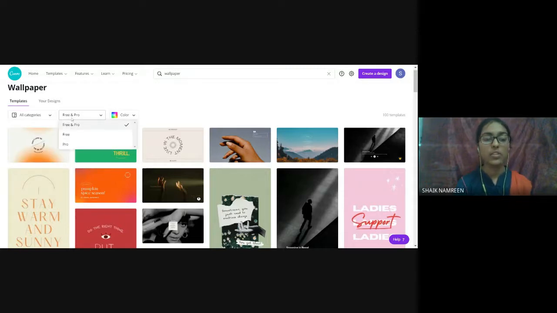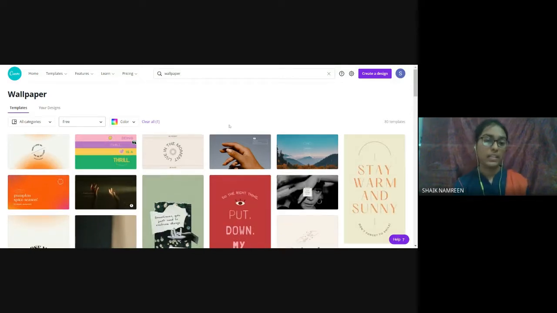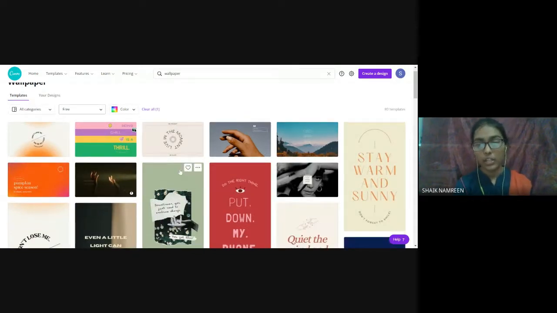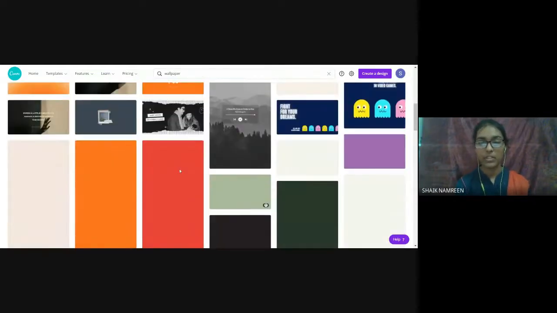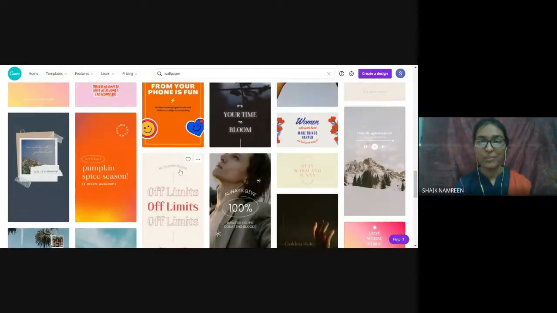And as I told, you must select the free version. If you want the pro version, you can buy it. I have all colors here, so you can see tons of never-ending wallpapers.